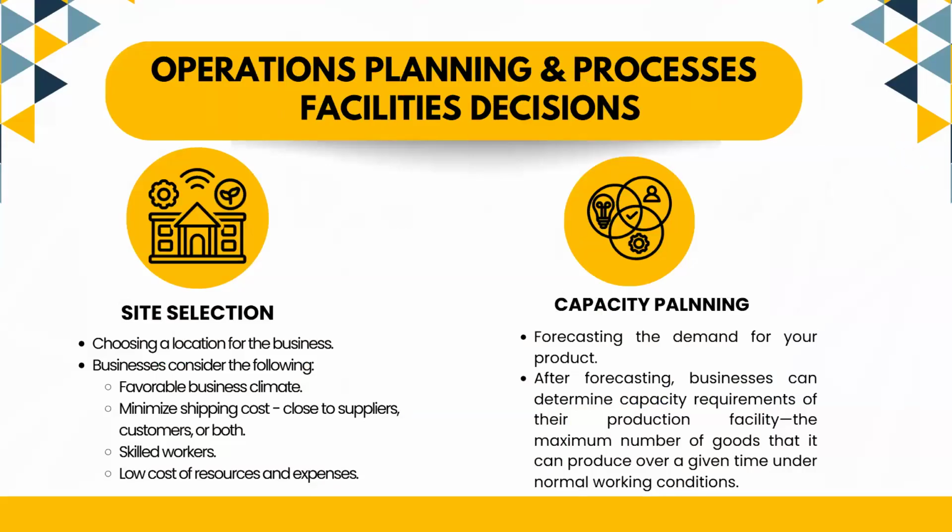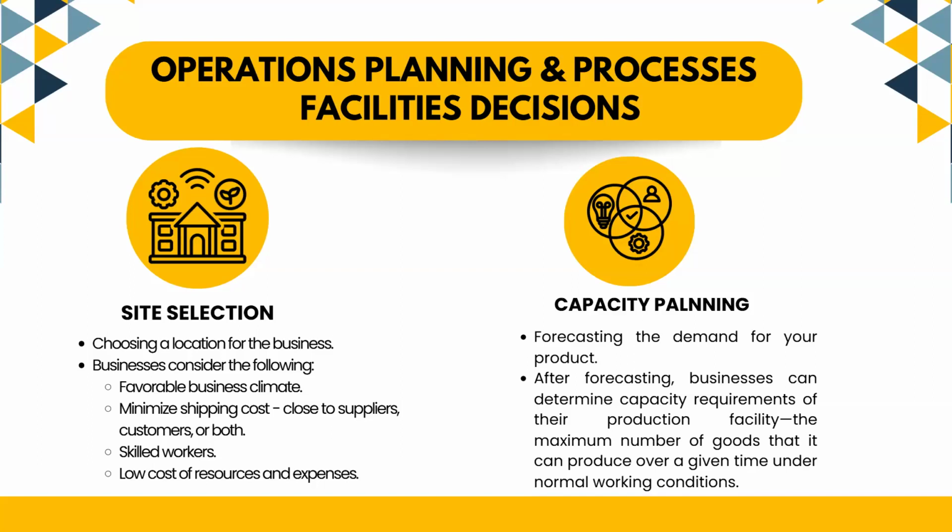Operations planning and process facility decisions. When producing a good, it is important that companies keep in mind the location of their business. So site selection is very important. They need to keep in mind how much of production they're going to be having in-house, and they need to consider the following, such as favorable business climate,